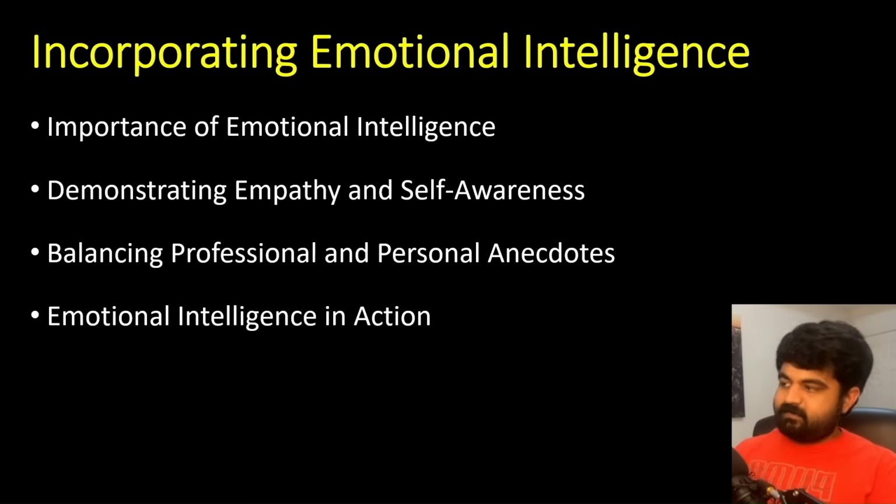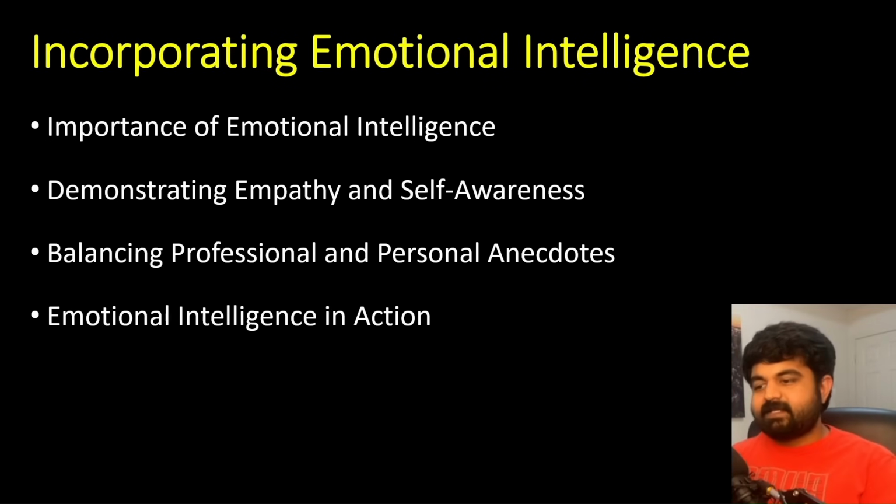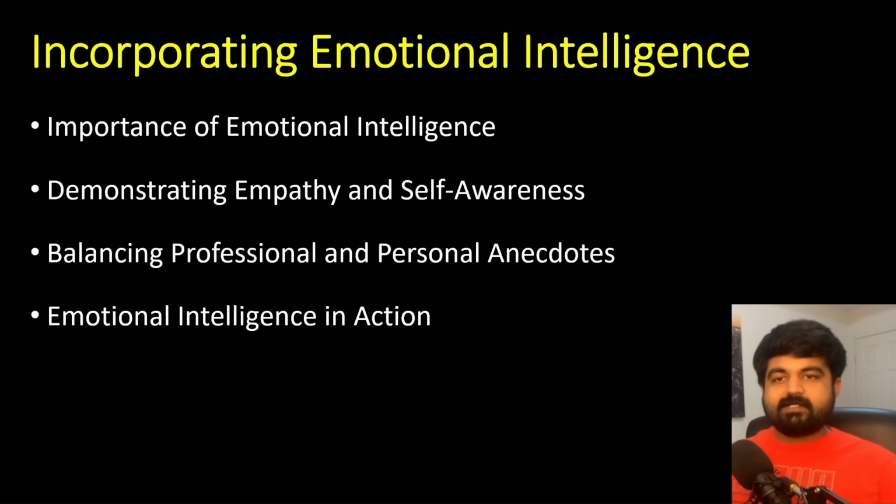So always do that. Emotional intelligence in action: there are actually a lot of movies that show it. But think about Michael Caine from The Dark Knight, the original Dark Knight, where he's explaining to Bruce Wayne why the Joker was doing all of these things. He explained that some men just want to watch the world burn. So you can't reason with them, you can't argue with them, you just have to deal with them. And that gave Batman an idea of how to deal with the Joker.